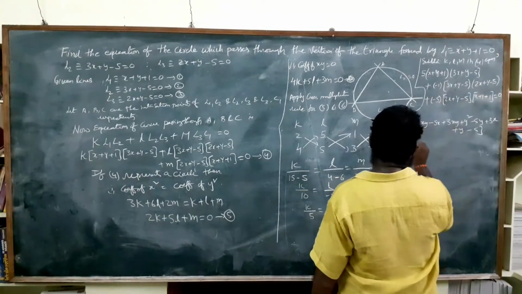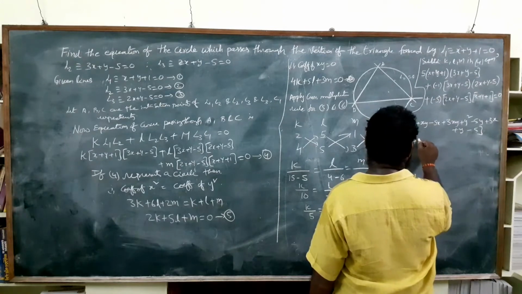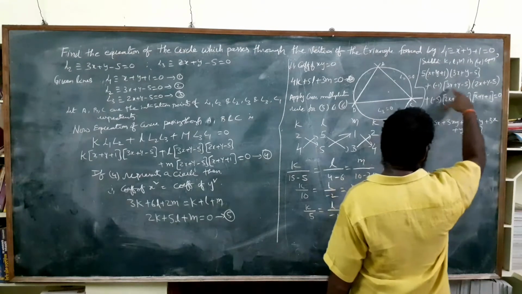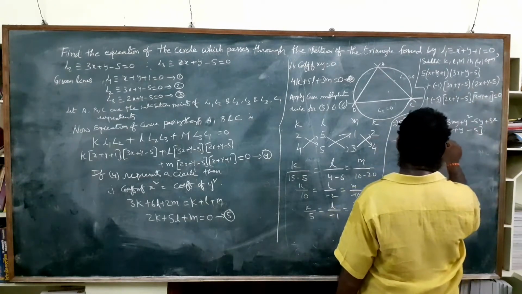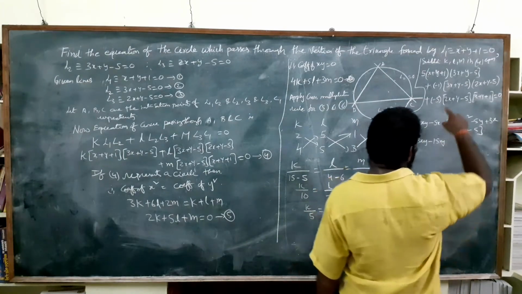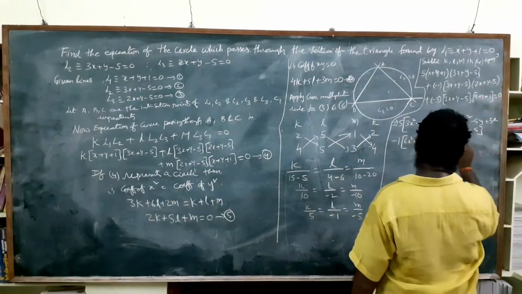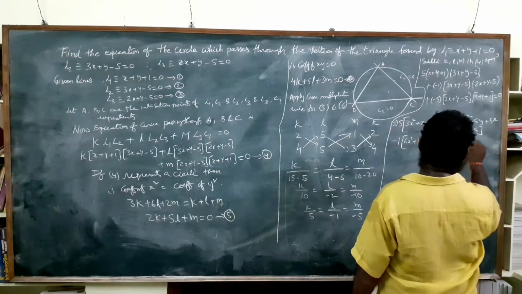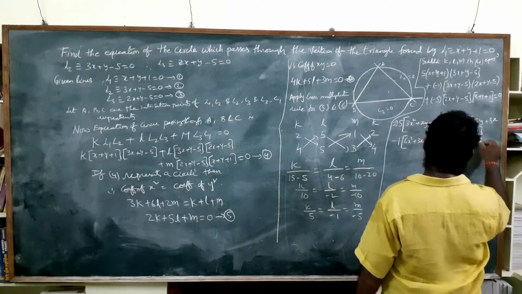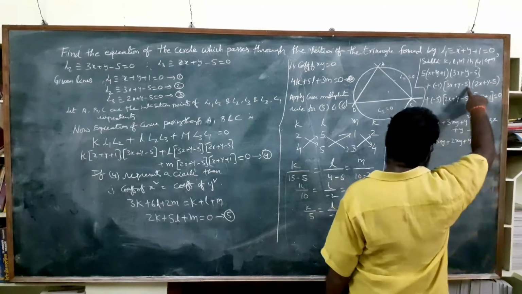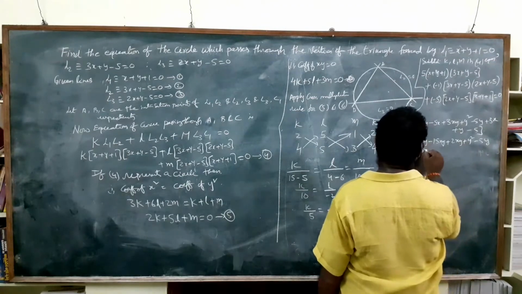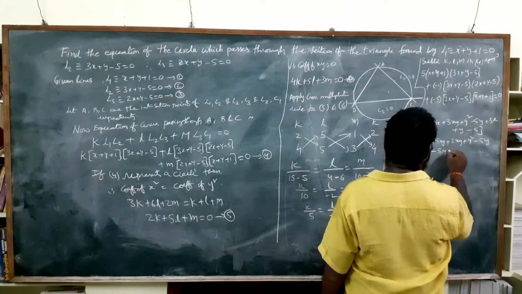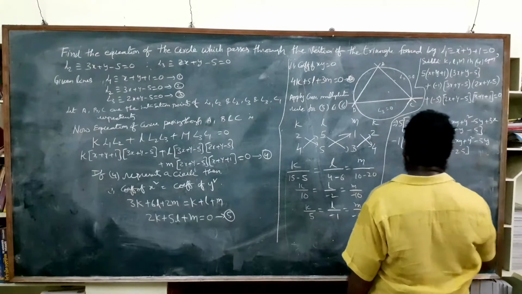What is it? 3x into 2x, 6x square, plus 3x into y, 3xy, 3x into minus y minus 15xy. So from y it is 2xy plus y square minus 5y, and with 5 minus 10x minus 5y plus 25,